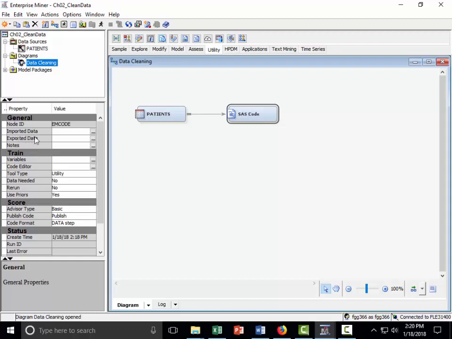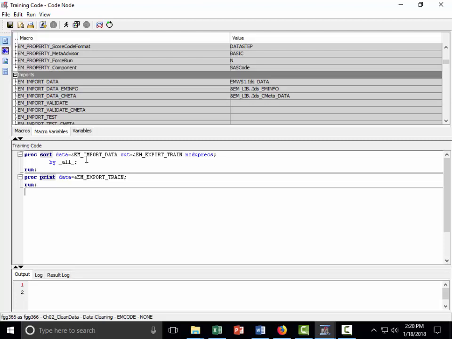The imported data is EM import data, and then EM export underscore train, that's the exported data. So we're saying that the data coming in is this, and after sorting, output it in here,